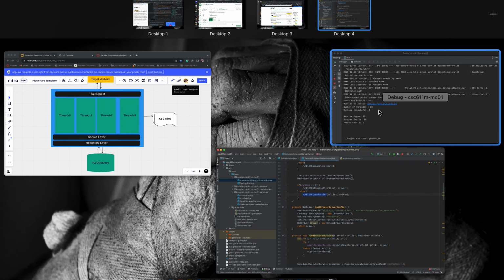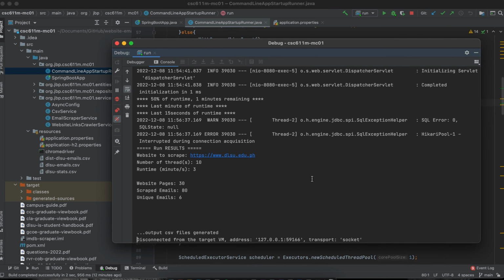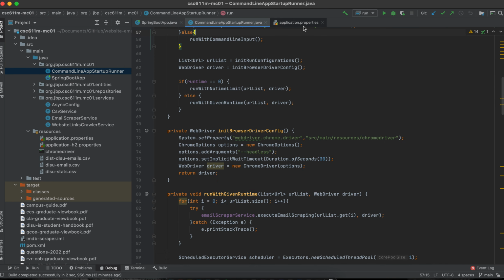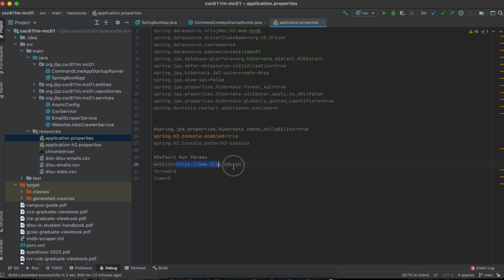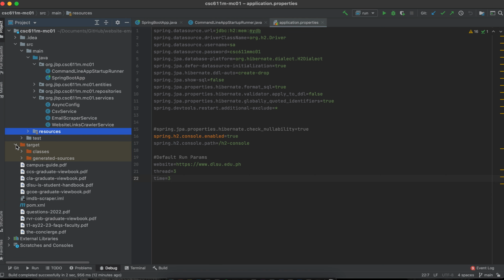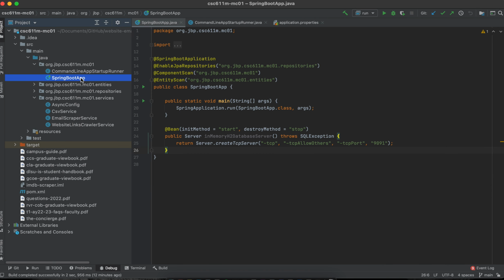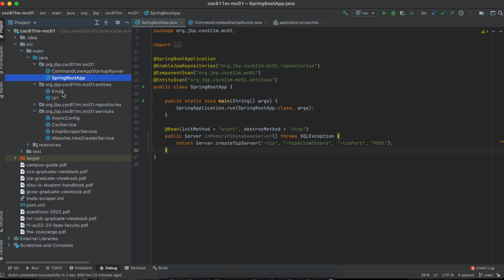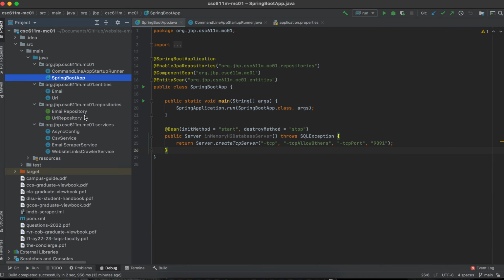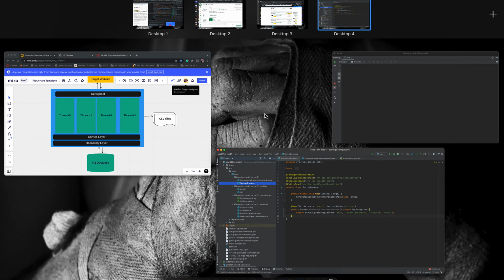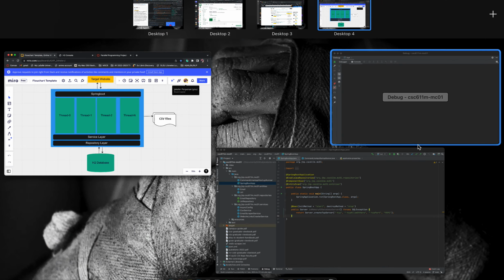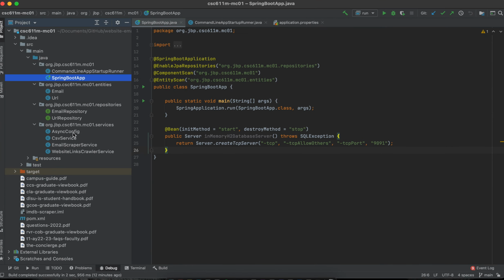So let's run the application starting. So again, we are running with these configurations. This website with spinning up 3 threads, and then also you will see here the different packages for the application, the Spring Boot related configurations, the entities, which represent the tables in our in-memory database, email and URL, our repositories, which will be the ones interacting with our database here, the repository layer, and the async config, which